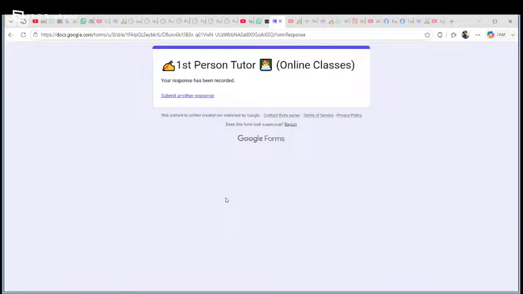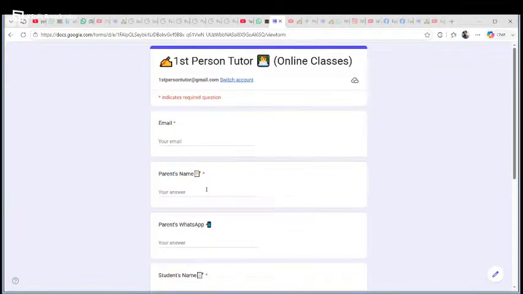Now the process is quite similar for We Still Learn, and of course if you want to fill out another response, meaning if you want to add another child under your tab, then you just press on submit another response, and then you just go through the process again.